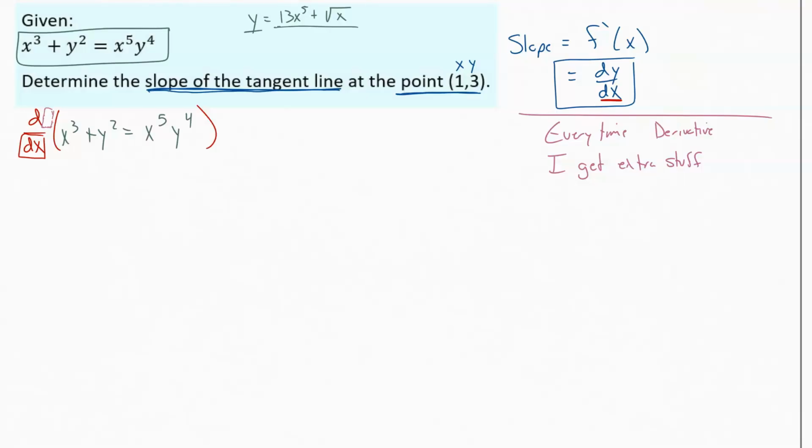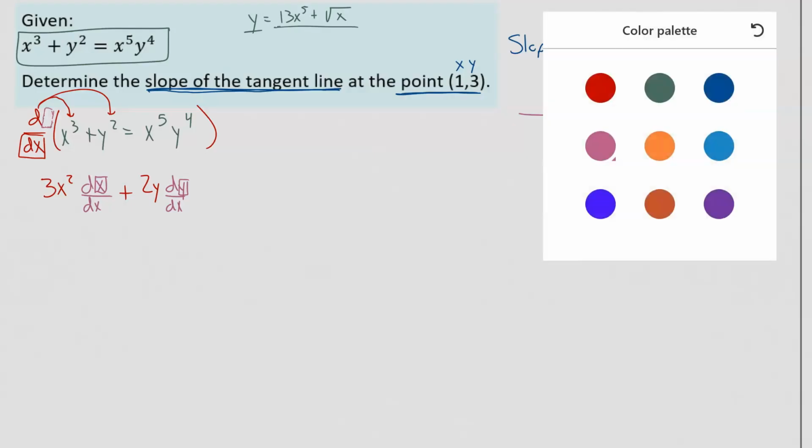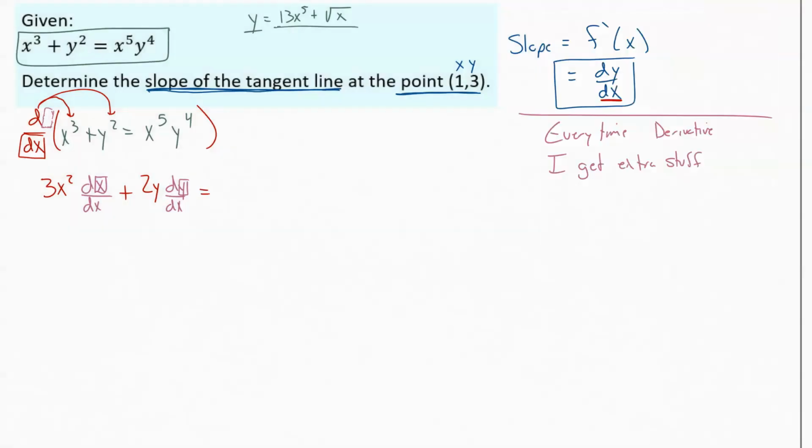So what that looks like in practice here, we would come through and say, okay, I'm going to d/dx this. The derivative of x cubed would be 3x squared. We took the derivative of an x, so what we're going to get out of here is dx over dx. We filled that little box in with an x. And now we just keep moving on through the rest of this thing. So we take the derivative, we get plus the derivative of y squared, which would be 2y. Took the derivative of a y this time, so we get dy/dx, filling that box in with our y right there. And then all of that is going to be equal to